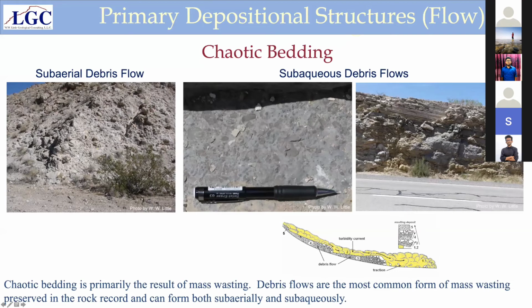It doesn't take much of a slope, just a very few degrees, and these very large particles can be transported long distances. Okay, and so those are the subaqueous debris flows. Now I'm going to go back here for a moment. I talked about the Bouma succession a little while ago, and that one is formed